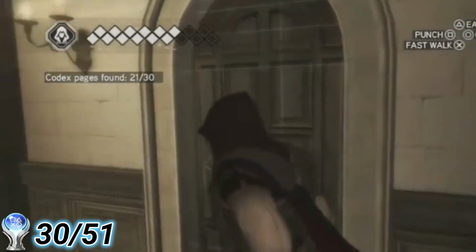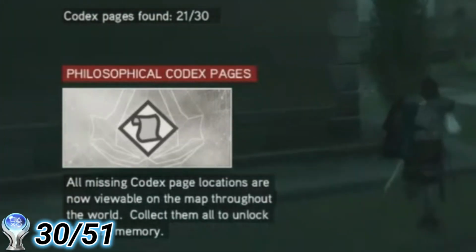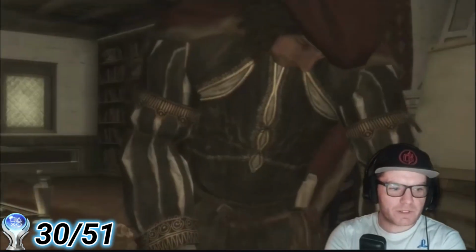The final story-related trophies required a little bit of a grind. We returned to the villa and we were missing a few codex pages. Lucky for us, the locations were pointed out on our map, so all we had to do was find them and have them decrypted by Leonardo. Once this was done, we took the pages back to the villa